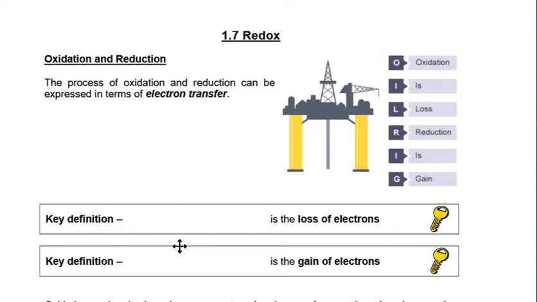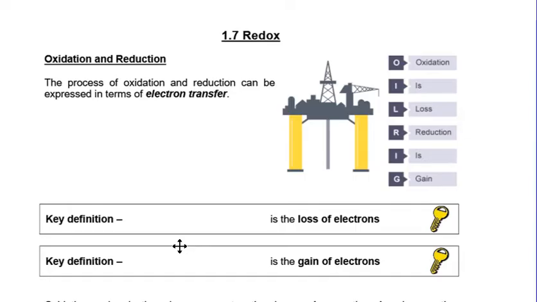In this video we're going to introduce the concept of redox. Now you should have covered redox at GCSE. Redox is reactions that include reduction and oxidation, that's where the name comes from. And reduction and oxidation are a process of electron transfer. So electrons are going from one chemical to another, and that is going to be a redox reaction because the